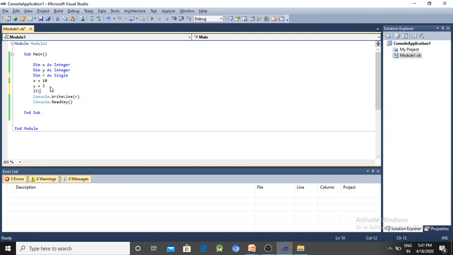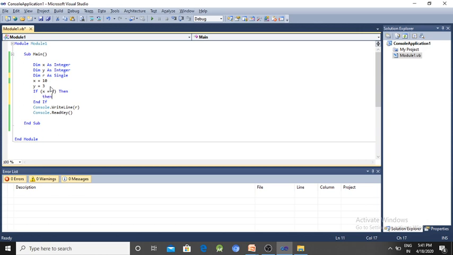Suppose x equal to y, then it is a comparison operator. Otherwise it is nothing but an assignment operator. If you write x equal to y inside an expression, like in an if condition, it is a relational operator.